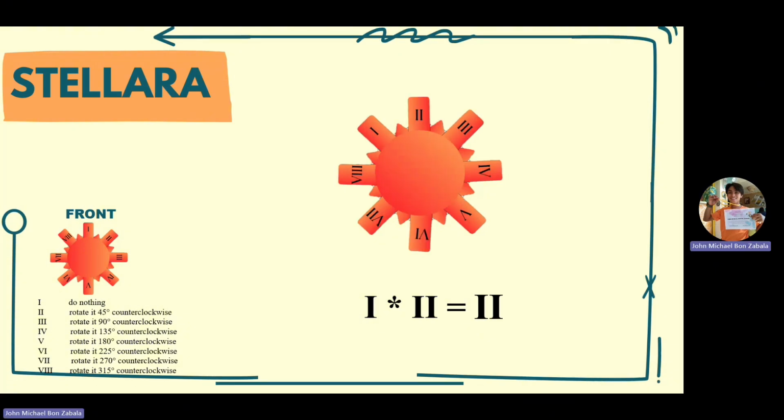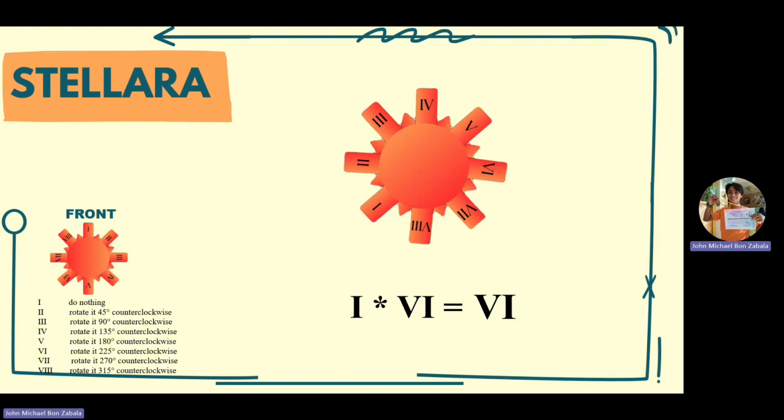Next, 1 star 2 is 2 because anything that you partner with do nothing, the answer will become the partner of do nothing. Always like that po. So 1 star 2 is 2, 1 star 3 is 3,